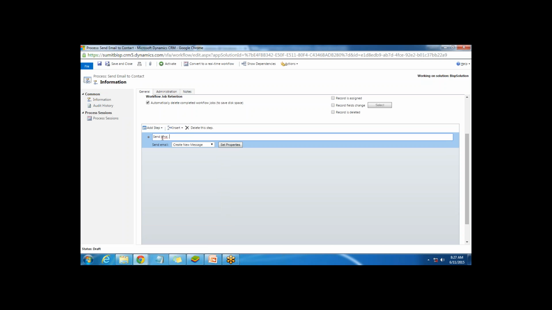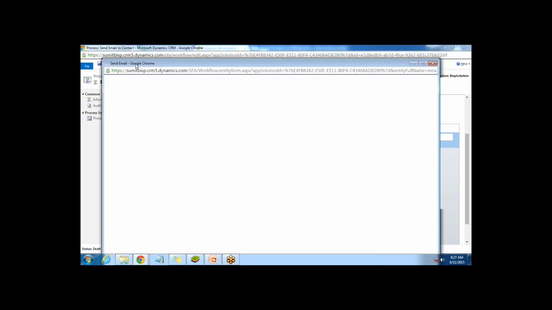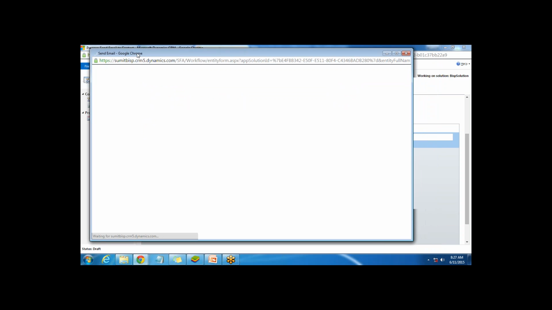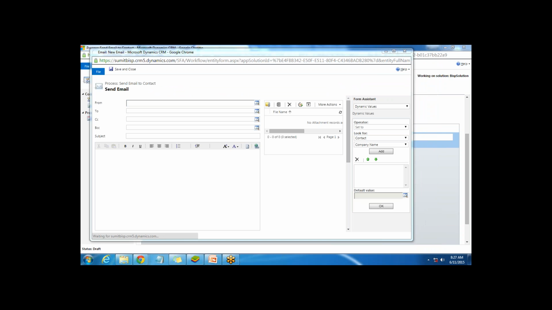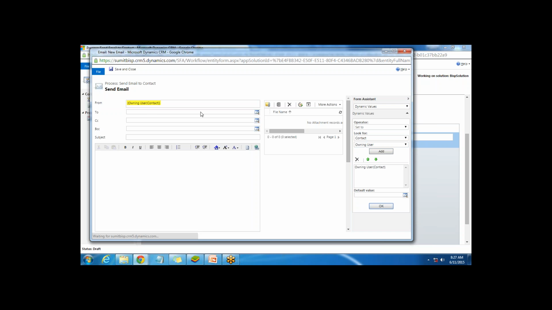send email to contact. Click on set properties because we need to add an email template. Either you can use the existing template, since in my existing videos I've already explained how to set up an email template in Dynamics CRM, or we can set up a new template here itself. It should be from on behalf of the owning user. So I select owning user here, and add it to the contact,